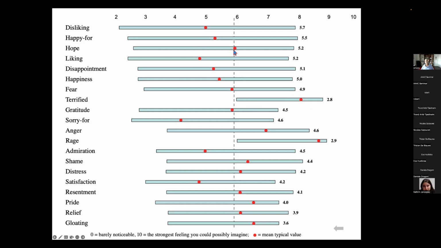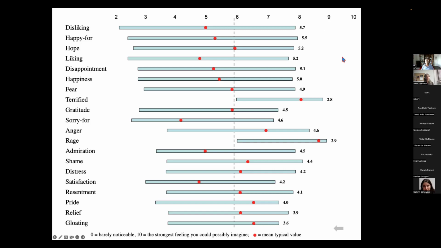These red dots in the middle represent the mean values of subject ratings of what they consider to be the typical intensity of that emotion. So for anger, what I should say is that people said on average the typical rating of anger was around 7, which was, by the way, above this vertical line here, the overall mean of all the emotion terms that were presented to subjects, averaged across all subjects and all emotions.